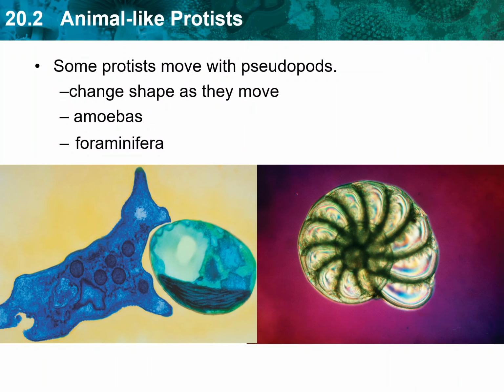Some protozoa move by changing shape and forming pseudopods. A pseudopod is a temporary extension of the cell that helps protozoa move. To form a pseudopod, the cell flows outward and forms an extension of the cell. The extension attaches to the surface that the cell is on, and the rest of the cell is pulled toward